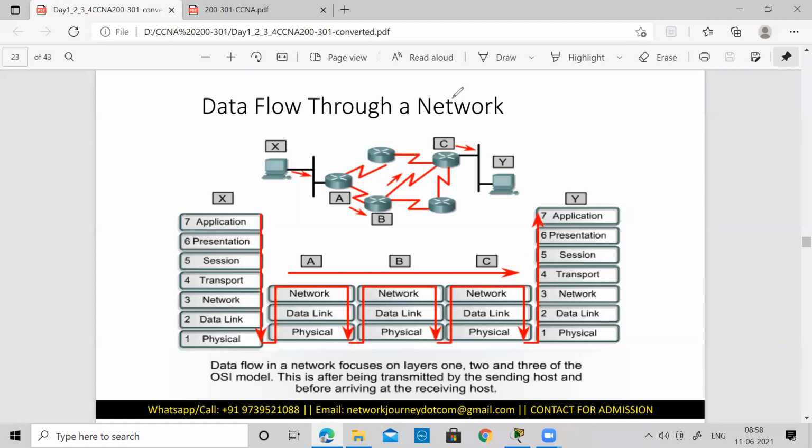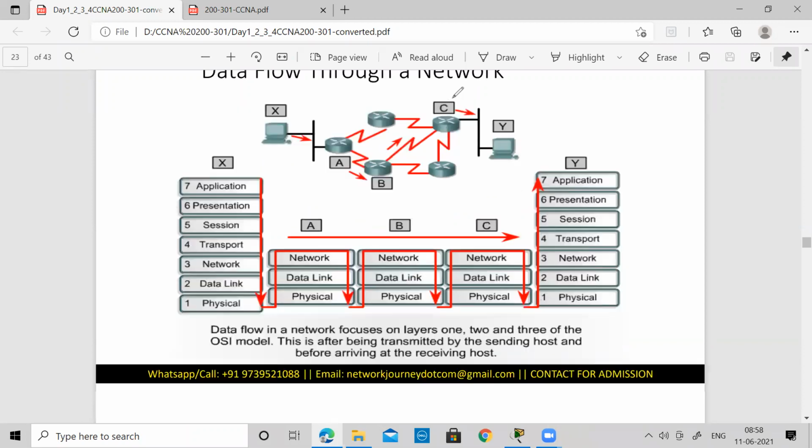So all 7 layers are not a part of your router or a switch. Wherever the router and the switch reside, from that layer to all the bottom layers, only those layers will be present in them, because they already have a lot of job. They will not carry so much functionality. No host is sitting directly on these routers, so you don't need all the 7 layers. Wherever the host is sitting, on the end devices, there you need all the 7 layers.